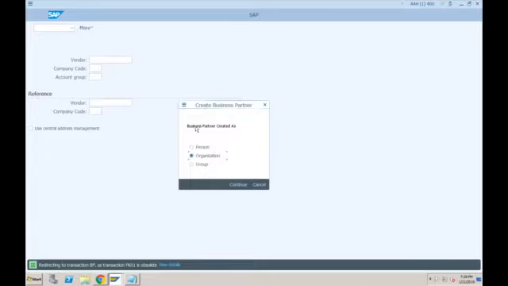So first of all, what is a business partner? As the name itself says, it is a person or organization or a group which has anything to do with your business. Normally there is a terminology, stakeholders. If you have done an MBA or gone through any management lessons, a company is surrounded by stakeholders.